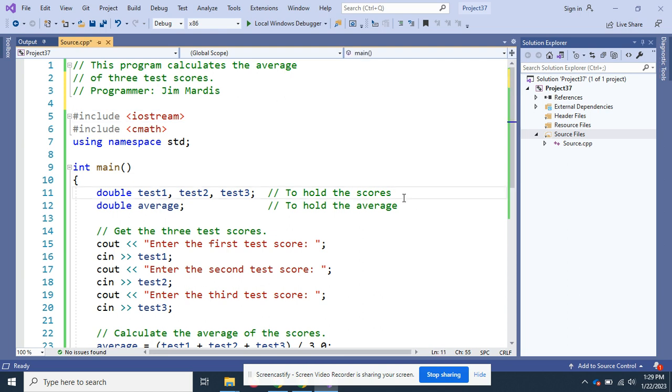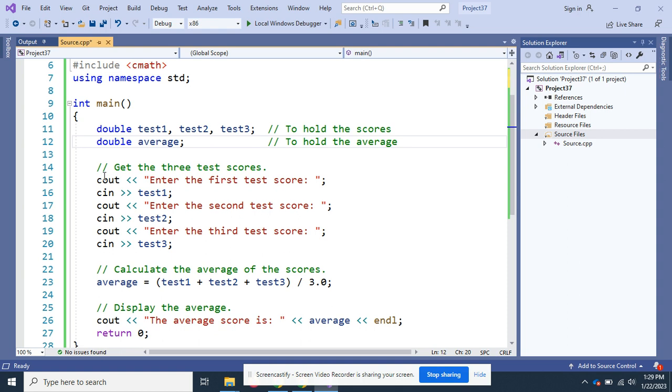I went down here and declared 3 double variables, test1, test2, test3. The whole purpose of this program is to take in three test scores and output the average. So I also have a double called average.